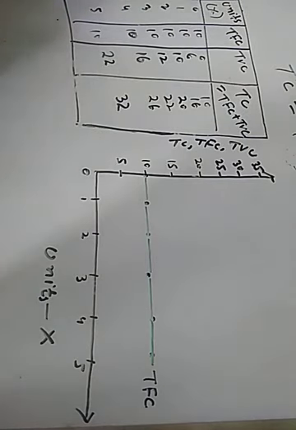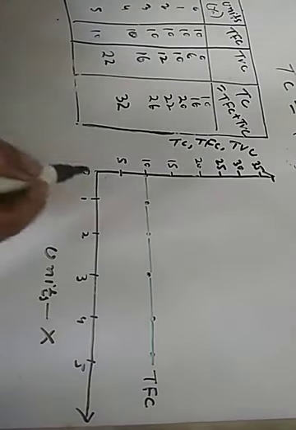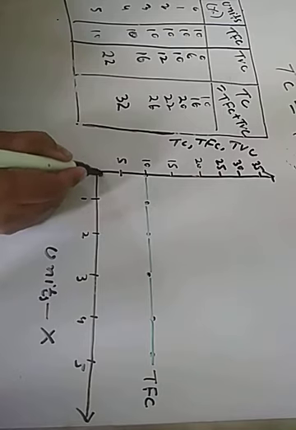Now total variable cost is 0 for 0 units of X produced, because when we have not used any raw material or any unit of labor, that is variable factor, there will be no cost in the form of wages or cost of raw material. Therefore total variable cost will be 0 for 0 units of commodity produced. It will start from the origin, 0 units and 0 cost.